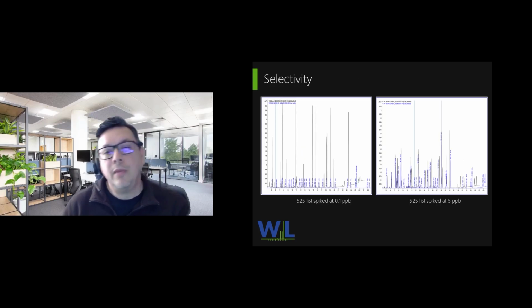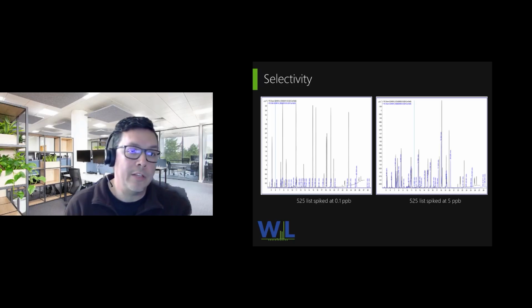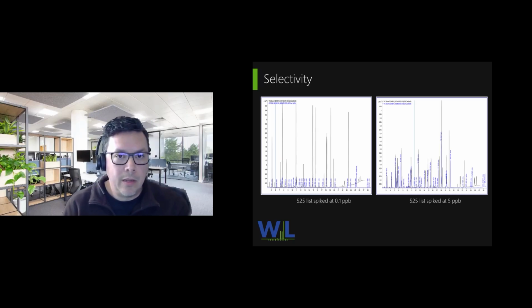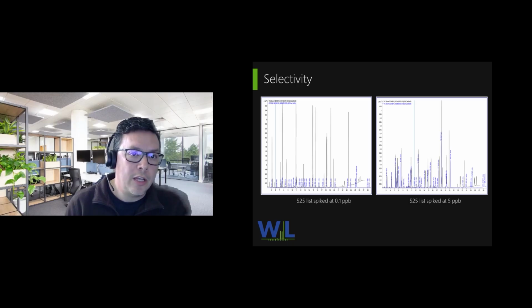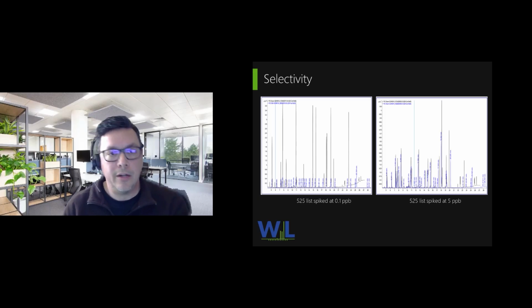So, selectivity. I wanted to make sure that I see what I wanted to see. The two chromatograms, right and left, are a low-level 525 standard and a mid-level 525 standard. The peaks are all there, sensitivity is there. Again, I see the high thermal bleed on the traditional column towards the end, 20-25 minutes of my run, for both the low-level and mid-level standard. And you can see the RMX column is pretty flat.